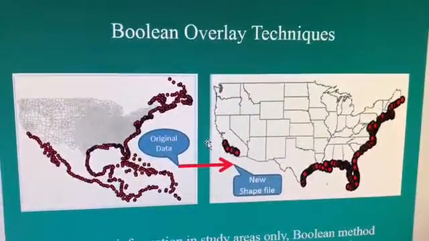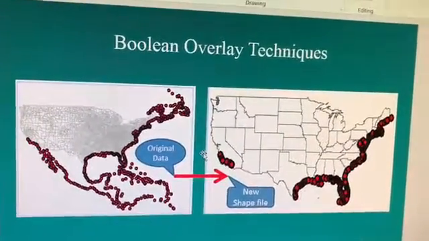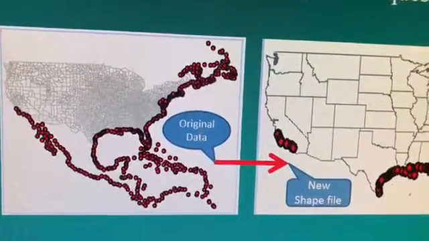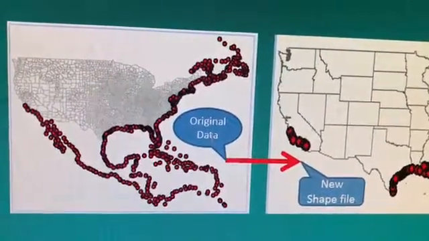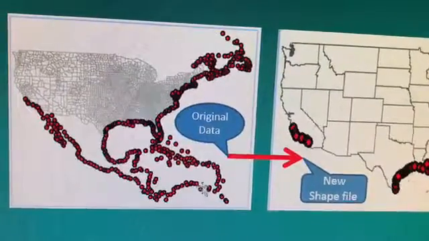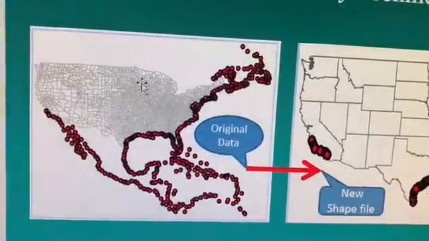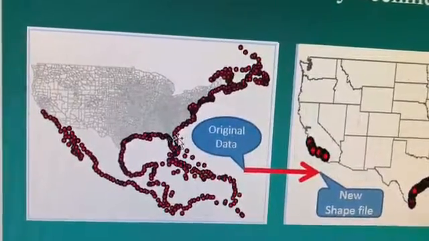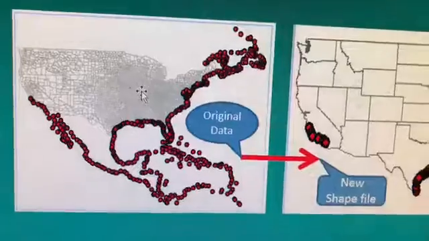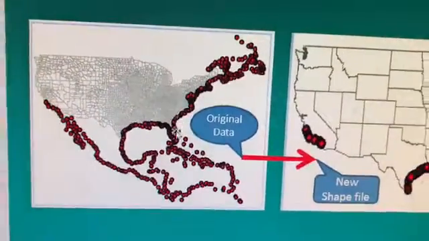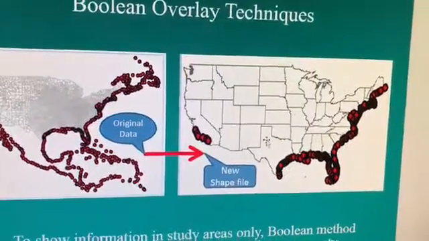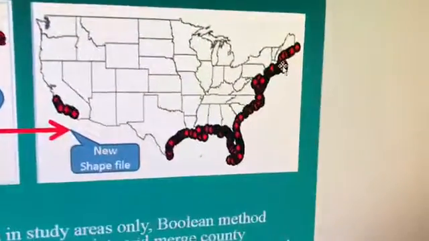Look at the two maps. The left map, I show all original data. I have two layers. One breakpoint layer shows all points, and another layer is the shapefile of the United States that includes all county boundaries. So after using the Boolean overlay method, I have a new map showing only the breakpoints